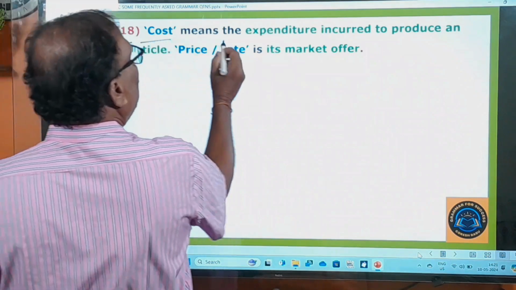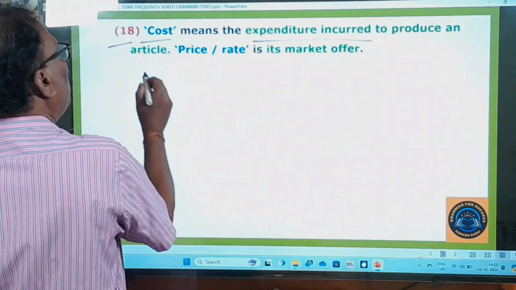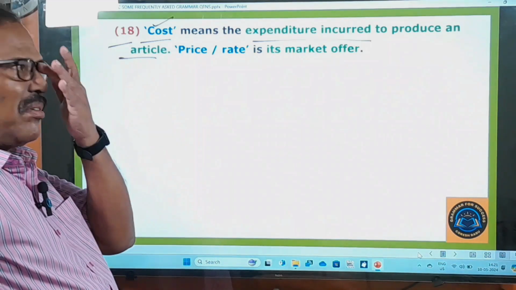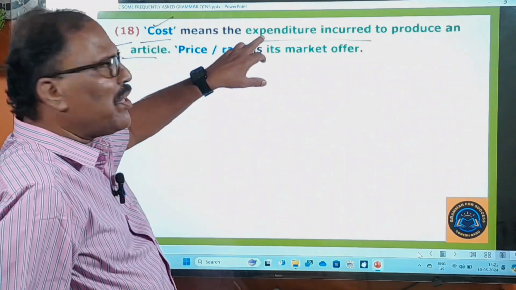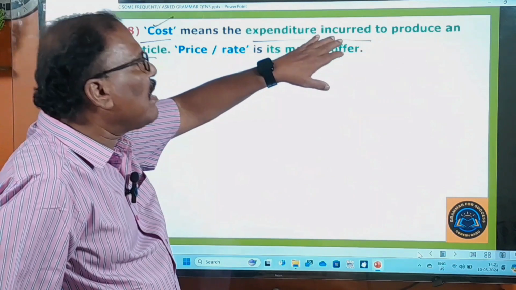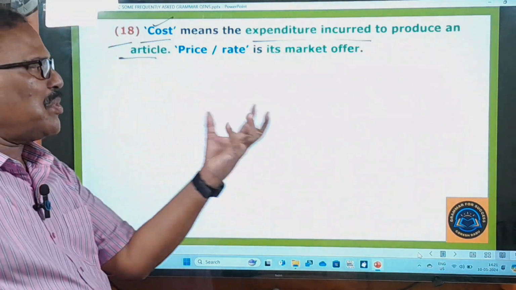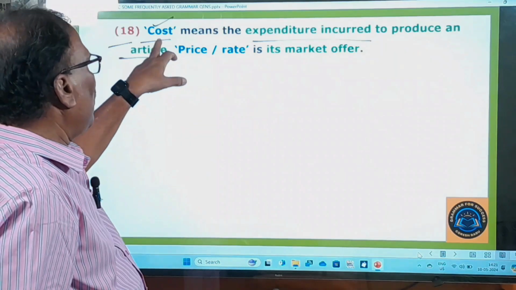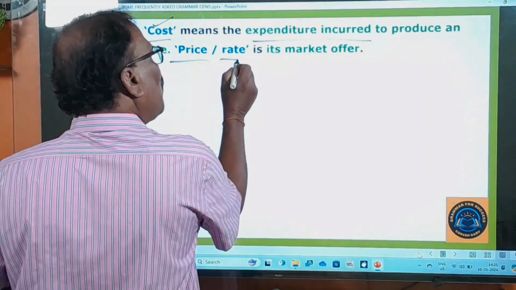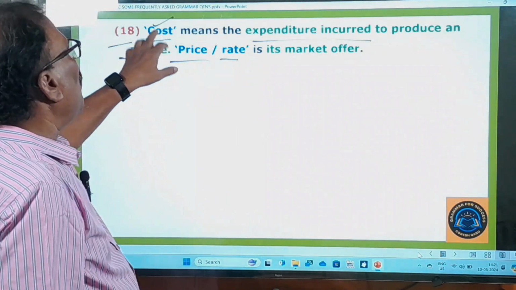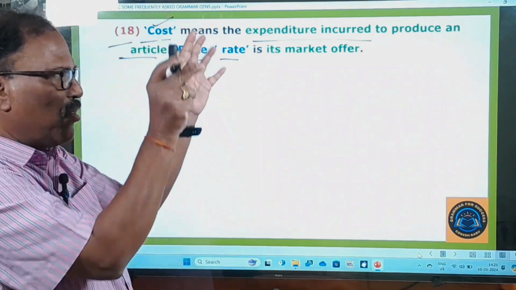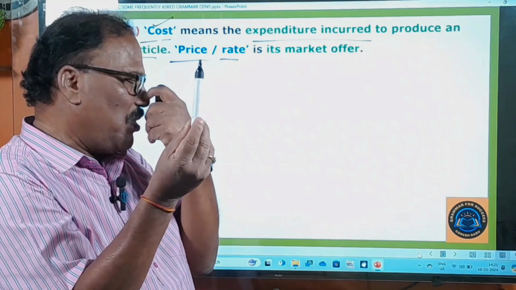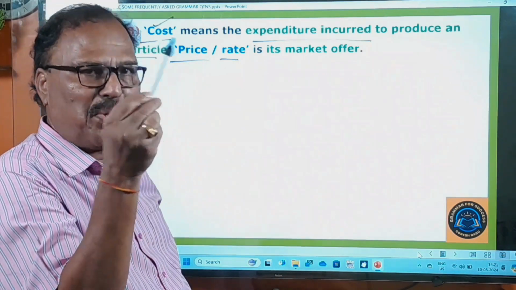18th one. Cost means the expenditure incurred to produce an article. Cost means the total cost. Okay. Cost means the production cost. Expenditure incurred to produce an article. ఒక వస్తువు ఉత్పత్తి చేయుటకు పడిన ధరనే అంటారు ఉత్పత్తి ధర, that is called cost. Price means in Telugu it is clear. Cost అంటే ఉత్పత్తి ధర. ఉత్పత్తి చేయడానికి ఒక వస్తువు, this pen is there to produce this, that it might cost the